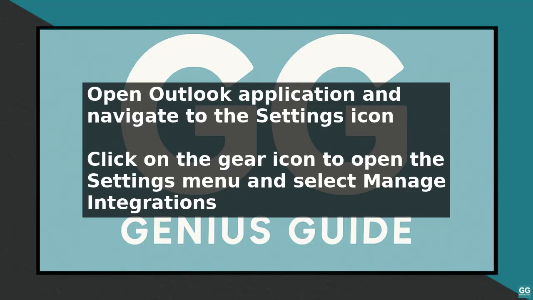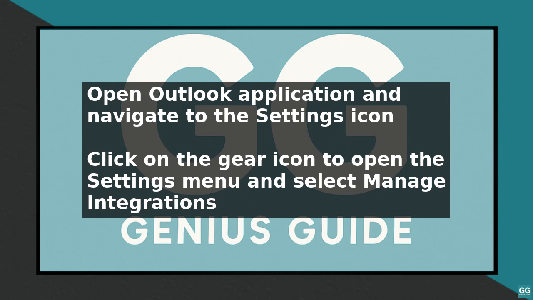To add Microsoft Teams to Outlook 2025, start by opening your Outlook application and navigating to the Settings icon, which is represented by a gear icon. Click on the gear icon to open the Settings menu. Then select Manage Integrations. In the Integrations window, click on the Add an Integration button and search for Microsoft Teams